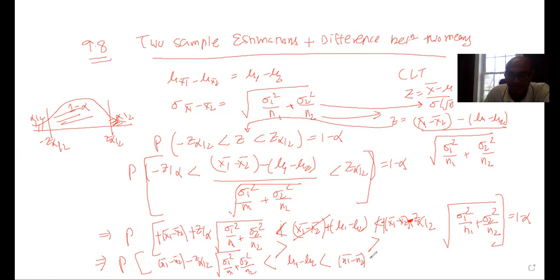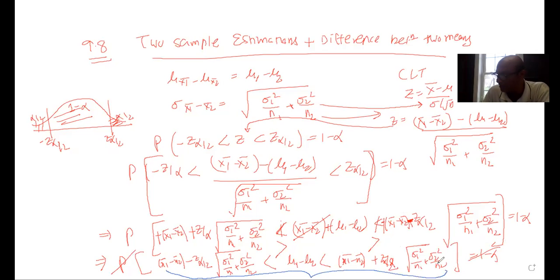x1 bar minus x2 bar plus z alpha by 2 and square root of sigma 1 square by n1 plus sigma 2 square by n2, and that is equal to 1 minus alpha. This is actually capital X, but if you remove this one and this one, whatever you have here, starting from here to here, this is nothing but your confidence interval, where z alpha by 2 is the z value leaving an area of alpha by 2 to the right. So z alpha by 2 is the z value,